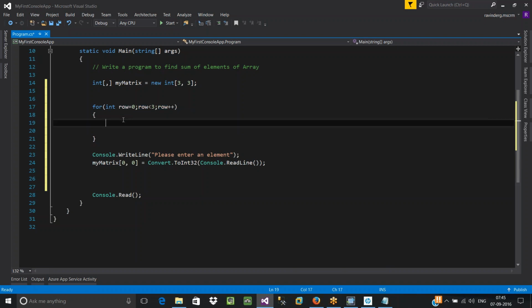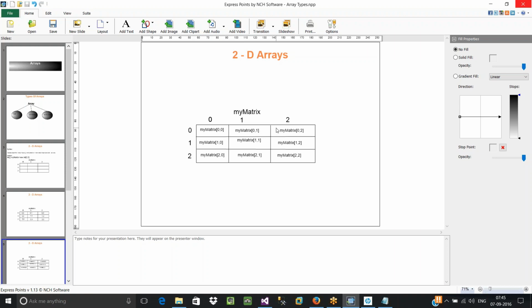It means we are at, your row is equal to 0. It means we are at the first row. Now what has to be done? We are at the first row. So what has to be done in the first row? Ask the user to enter the first element and store it into the first location of that particular row. Then ask him to enter the second element, store it into the second location of the first row. Ask him to enter the third element, store it into the third location of the first row. Right? Your row is equal to 0. It means we are at the first row. Now what do you have to do? You will have to fill all locations of the first row.